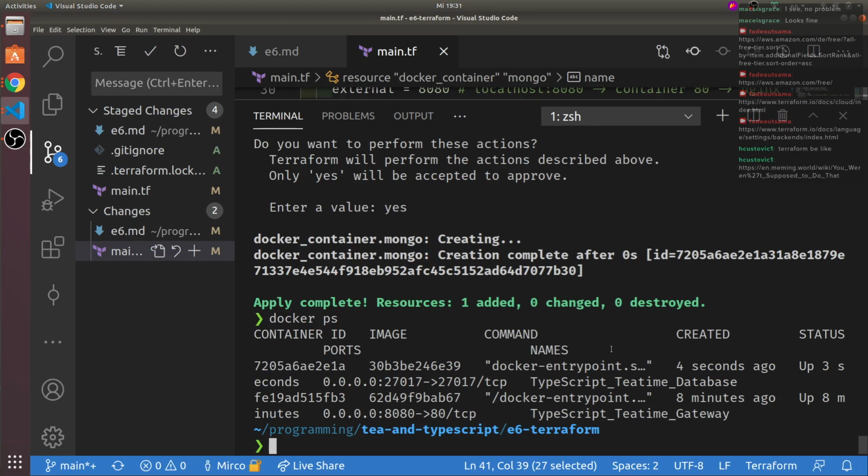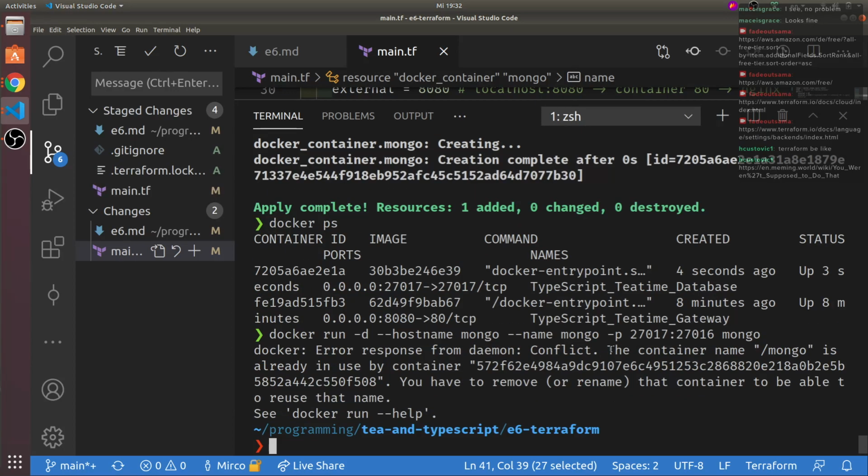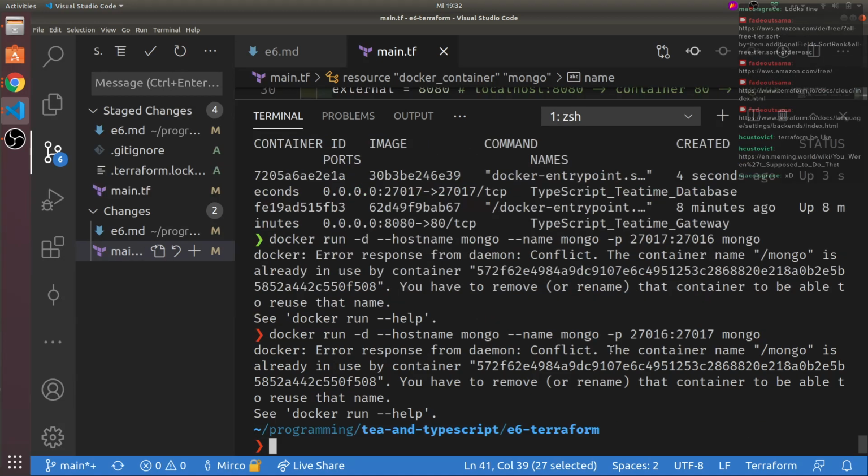There it is. Just to make you aware of this, if I wanted to still have my container running that I had before, I could just change the port. This one is the internal port and this one is the external port, so this one should work. Or it doesn't.